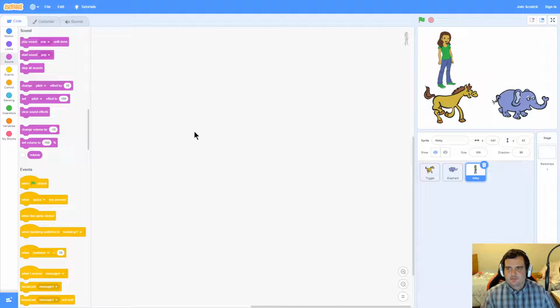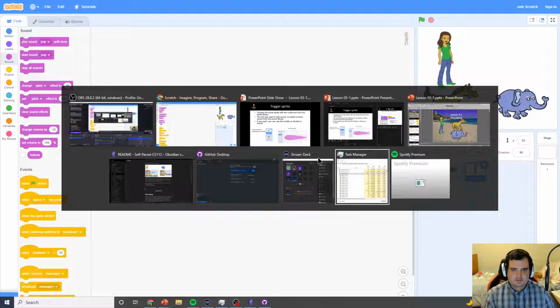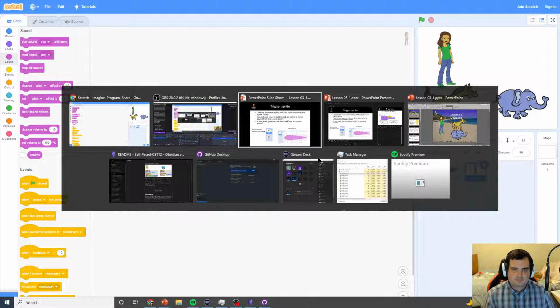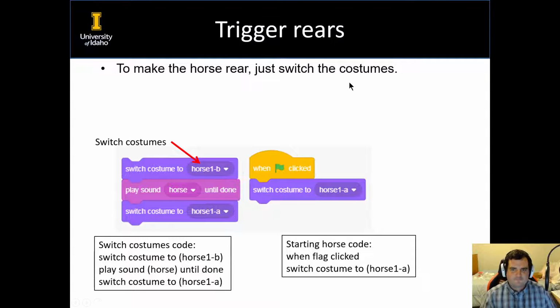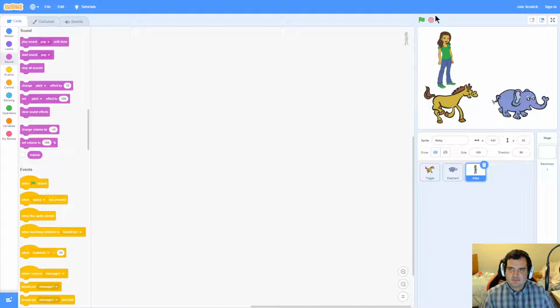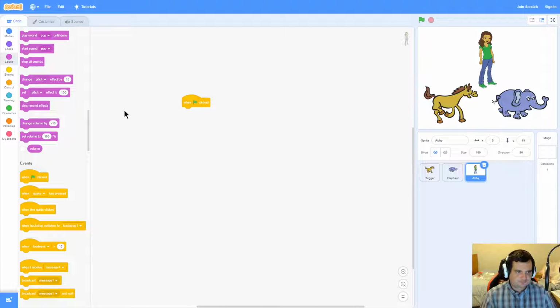All right, so what we're going to do is work through this. Let's make the horse rear up. So we're just going to switch the costumes. Now, anytime the green flag is clicked, we want to have the same look to everything. That's important because we want them to be down like this, so whenever it rears, we can actually see the difference between the two. So when the green flag is clicked,